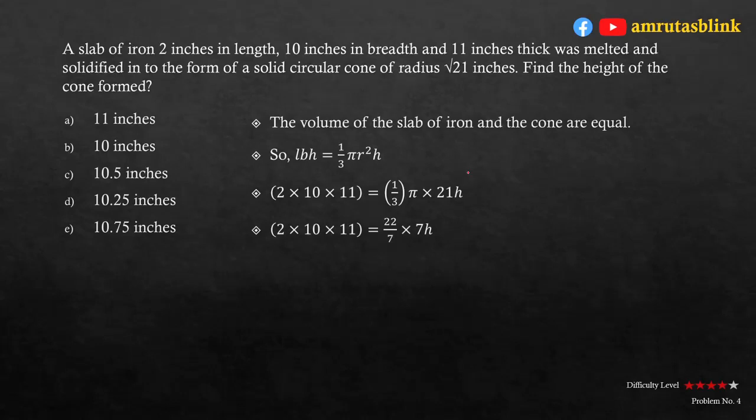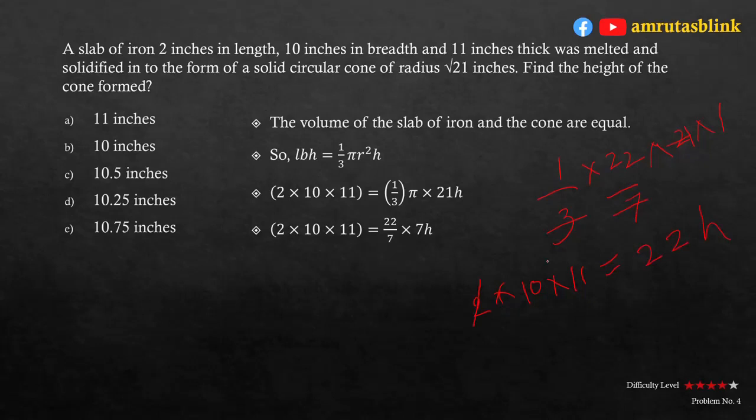So upon simplification we will get 2 into 10 into 11 is equal to 1 by 3 into 22 upon 7 into 21 into h. So we can cancel out this 7 into 3 and this 21. So we will get 2 into 10 into 11 is equal to